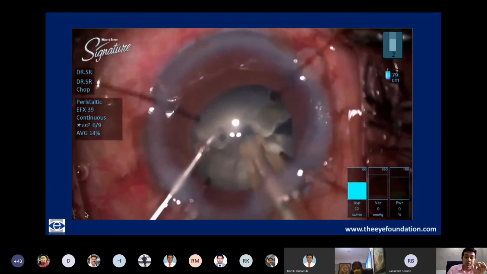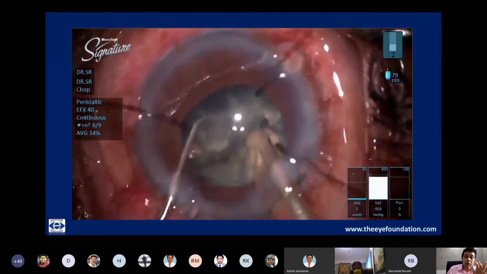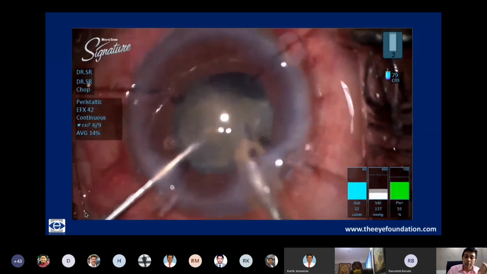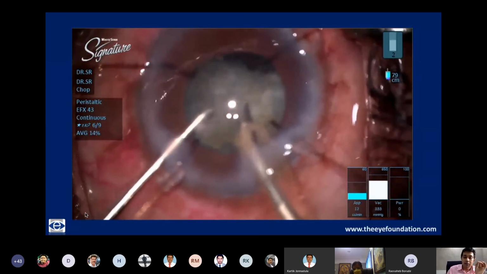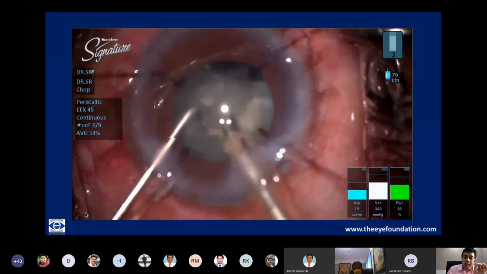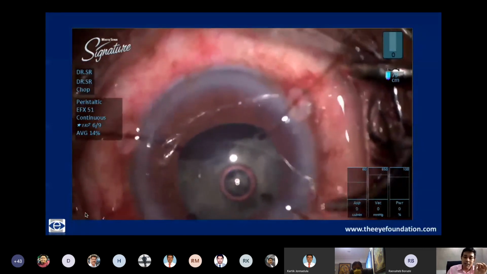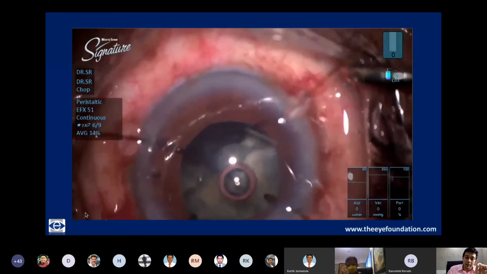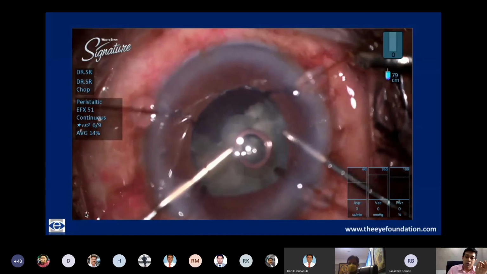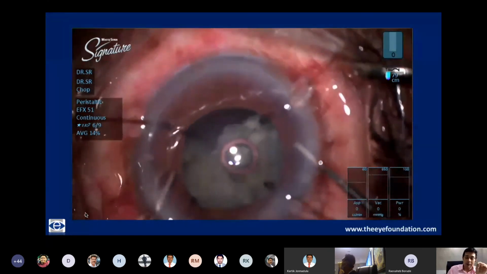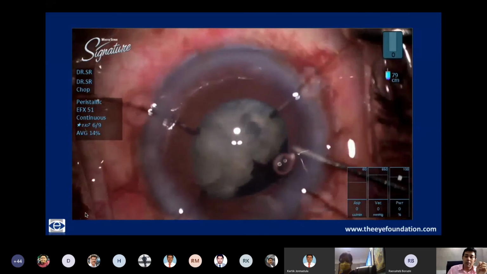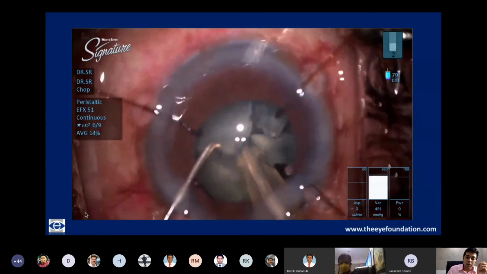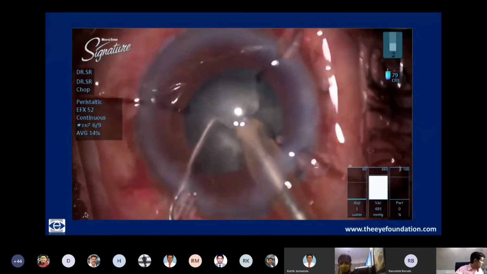But once you start removing the pieces, you have to be extremely cautious, because now it's only the anterior capsule which is supported, and the posterior capsule can keep coming up again and again in these kind of weak bags. So as the dictum always states, wait for as long as you can till you place a CTR, but as early as you must. So once I've evacuated the first couple of pieces, I go ahead and place the CTR. Now that I have adequate support and the bag is nicely pushed back, the second piece is being tucked in, and now I'm able to rotate the nucleus with greater ease, and then go ahead and do the entire phacoemulsification with no fear whatsoever.